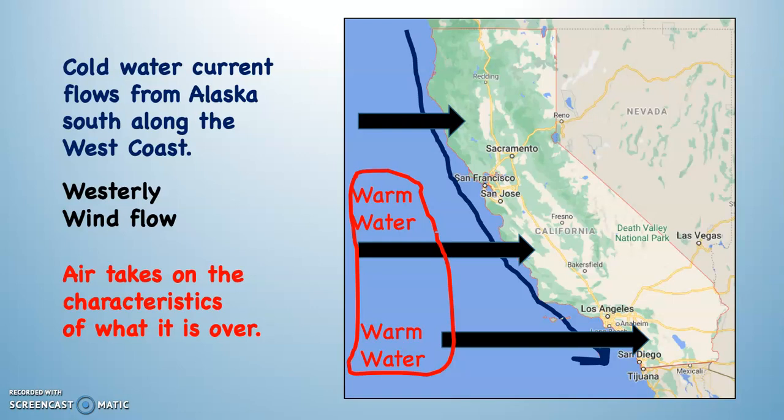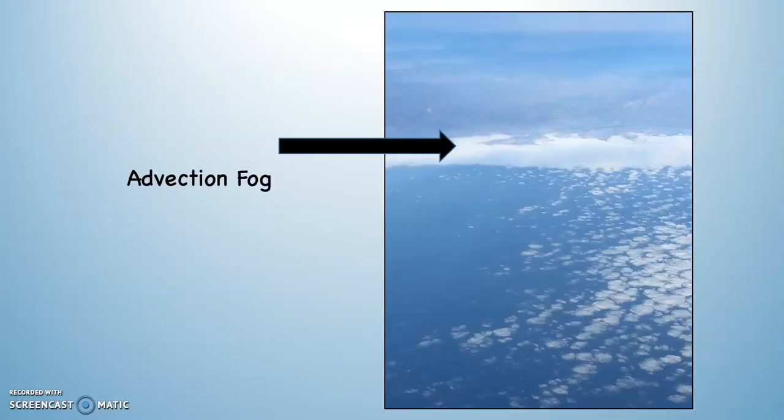When it crosses the cold water current, guess what's going to happen? Air temperature drops, and when air temperature goes down, relative humidity goes up. If the relative humidity reaches 100%, advection fog is formed. This is an advection fog that's along the coast of Malibu. If you look out here in the open ocean, you can see it's relatively clear. But as the air moves towards the shoreline, it crosses the current, and when it crosses the current, it condenses,